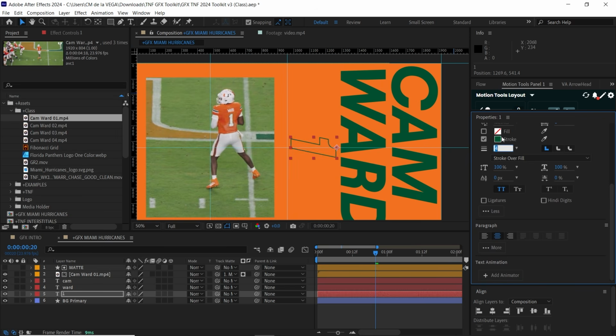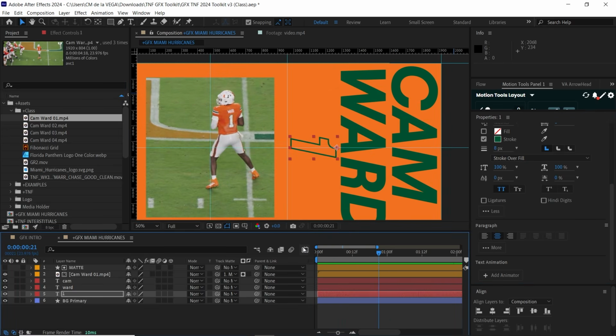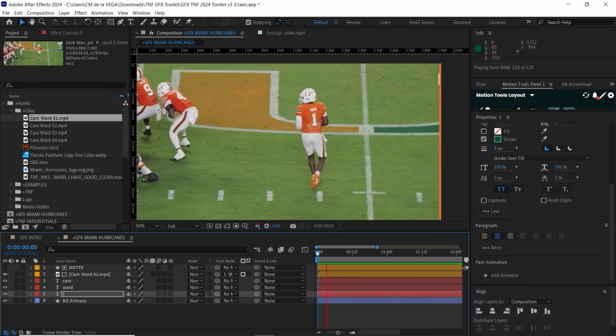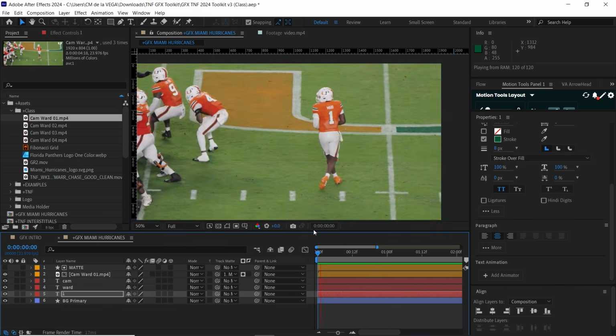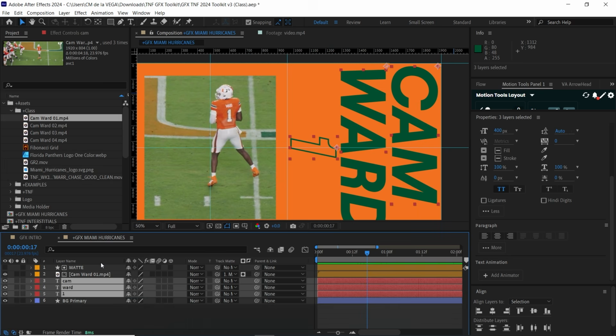And we can increase the size. Okay, so now we play it back. There we go. It reveals the text, which is pretty cool, but it's a little simple, right? There's no movement. We want a little movement. So this is what we'll do. We'll go to the position,